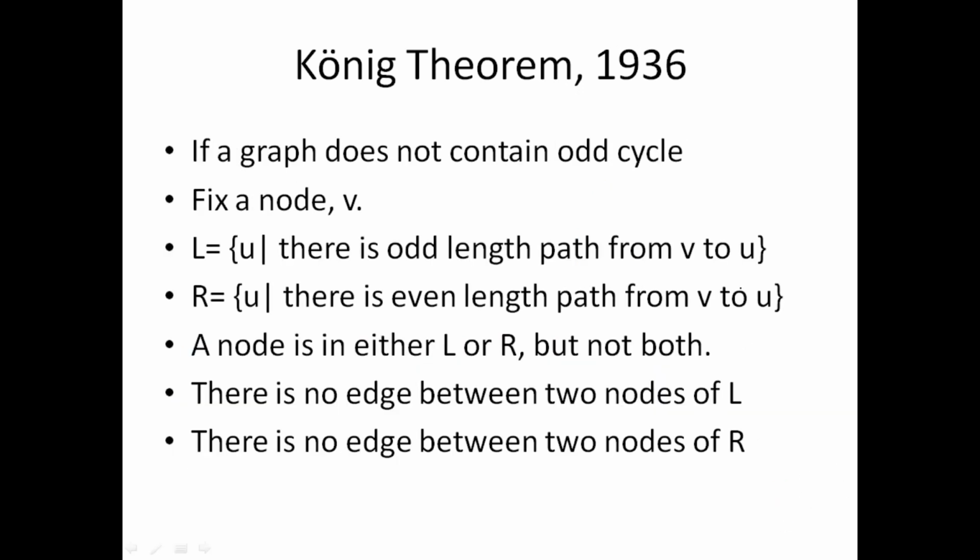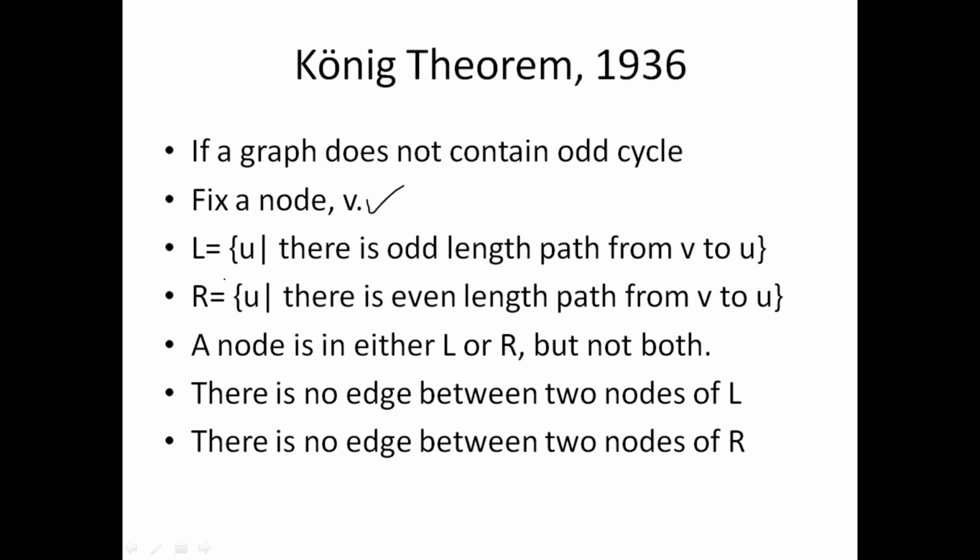So now let's come back to the converse of the theorem. If the graph does not contain an odd cycle, then we want to show that the graph is two-colorable, or the graph is a bipartite graph. Since I am assuming that the given graph is connected, let's start with any vertex V. Let's say that V is any fixed vertex. Now since the graph is connected, every other vertex should be reachable from V.